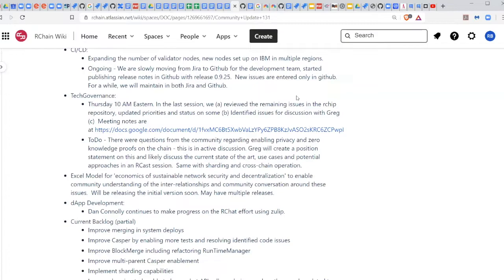But separately, we were also looking at a strategy working group that was working on the items that needed to be put together from a strategy perspective. As a combination of all this effort, there is now an Excel model that tries to address the economics of sustainable network security and decentralization. It needs to be reviewed still internally, but we will be publishing some early version of that to the community, so that when people are talking about or making proposals,